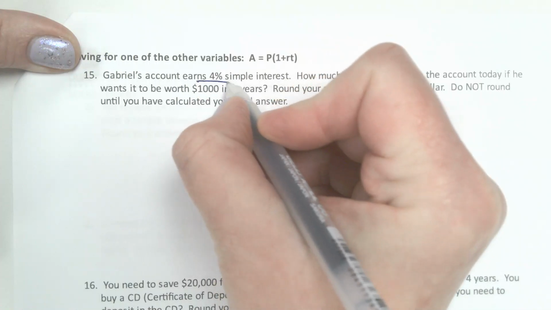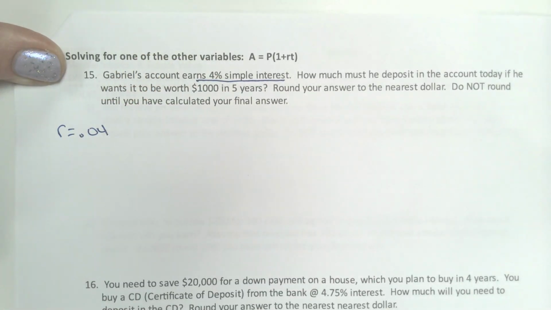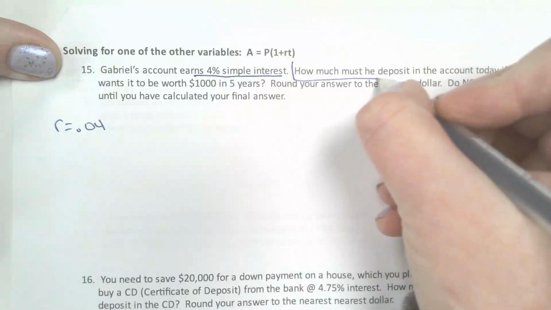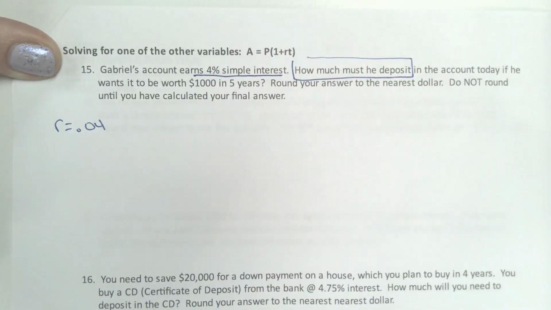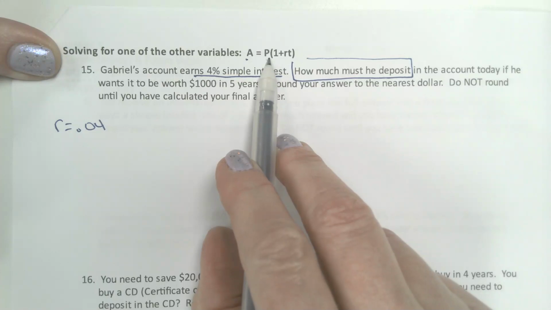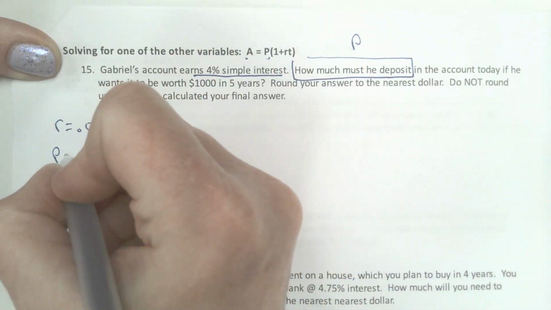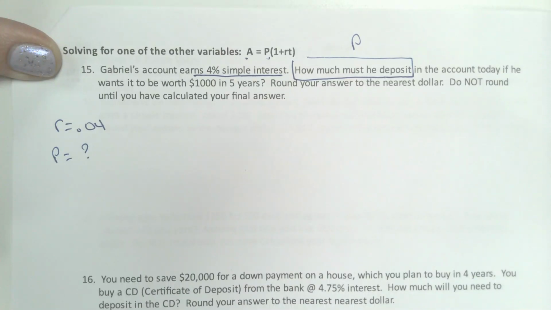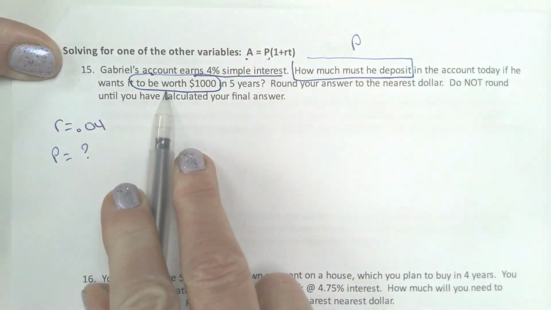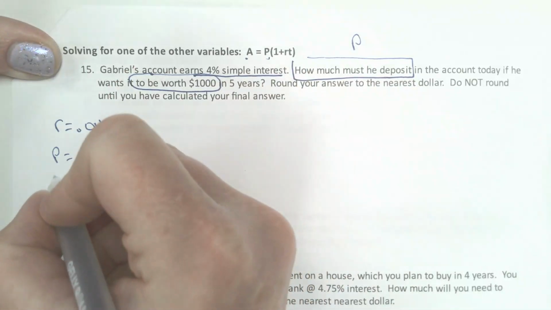All right, I earn 4% interest. So sometimes as I'm reading through it, I jot it down so that I don't have to go back. How much must he deposit? So I know that the A is the future value and that P is my initial value. So how much does he have to deposit is saying the P is my mystery amount that I do not know. I want it to be worth. So to be worth is a phrase that is indicating a future value. So A is